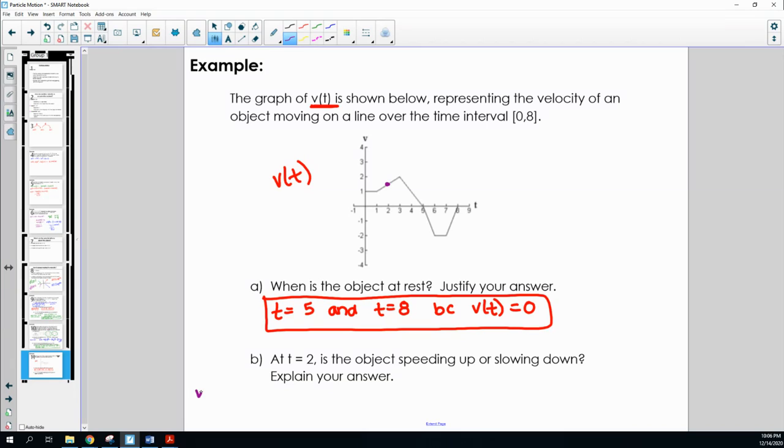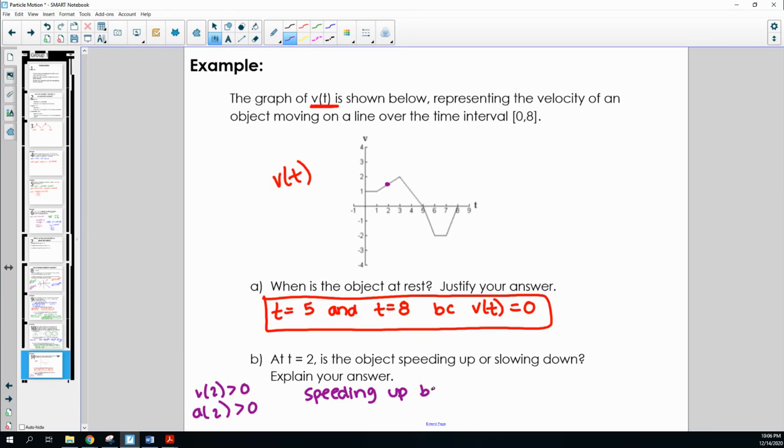And we can kind of just write this out a little bit. We know that v of 2, if I look at v of 2, that's like 1 point something or other. So that's going to be greater than 0. A of 2, the acceleration at 2, which is the slope of my velocity, I can see the slope is positive, right? The slope is going up, so that is also greater than 0. So since my signs are the same, that means that it is speeding up. So we'll say speeding